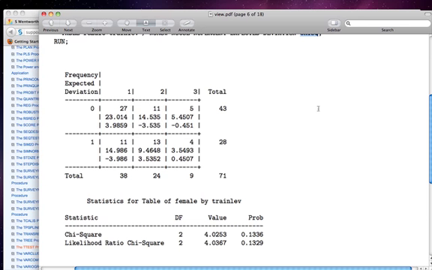So here's the output. The chi-square test of independence gives us a p-value of 0.13, not significant. Can't say that there's any relationship between gender and training level. So can't reject the null hypothesis of independence. Moving on,